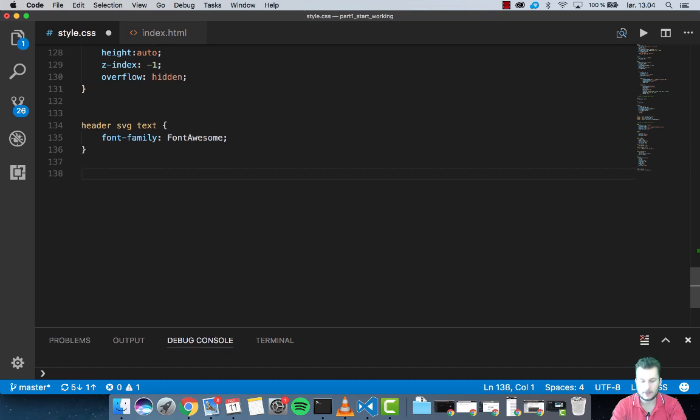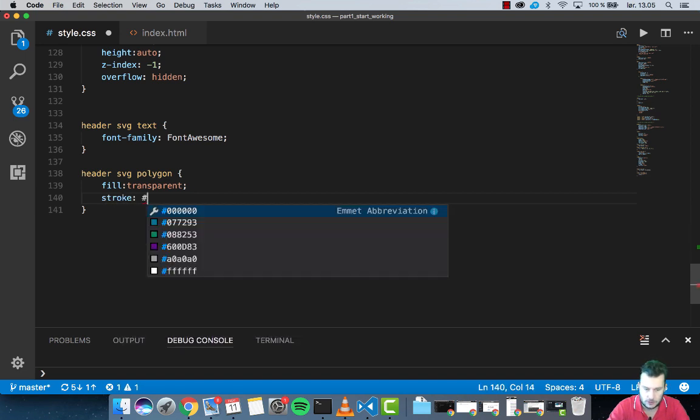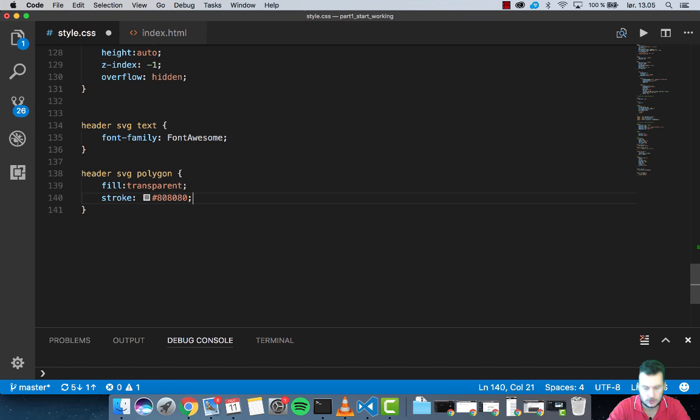Let's start adding some design to our polygon so we can actually see it and start creating the stroke and fill colors and so on. So type in header svg.polygon, which is the one we want to change, and we want to keep the fill, no, we don't want to see any background because we just want it to be transparent, so just write that in the fill. We want to have a stroke for this though, so let's type in some kind of gray